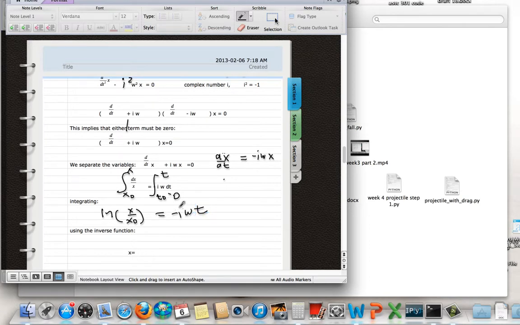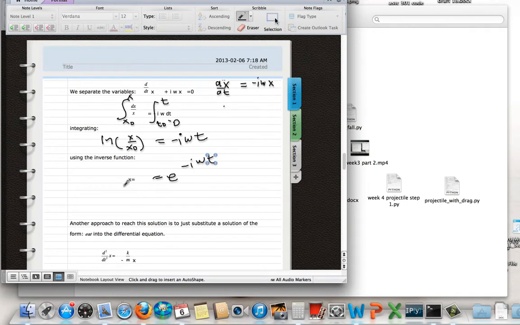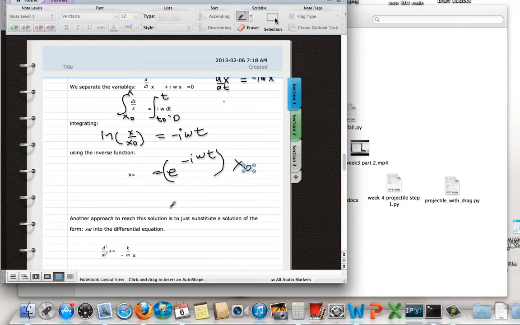Now, we're going to raise both of these to the power of e. We're going to exponentiate both sides. e undoes the log function. You end up with x over x naught. On this side, you get e to the minus i omega t. But then you cross multiply the x naught, realize that it's just a constant, and so you multiply all of this by some constant. So what we're seeing here is that the solution to the differential equation can also be